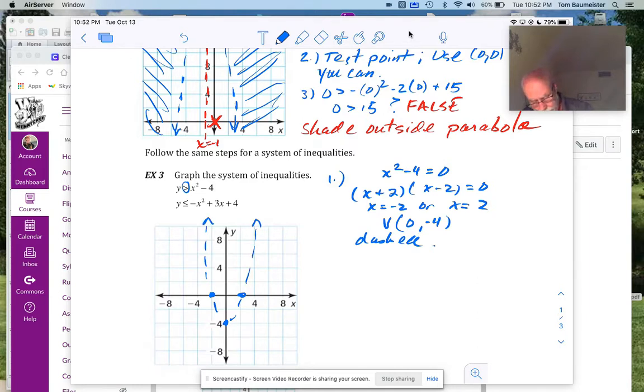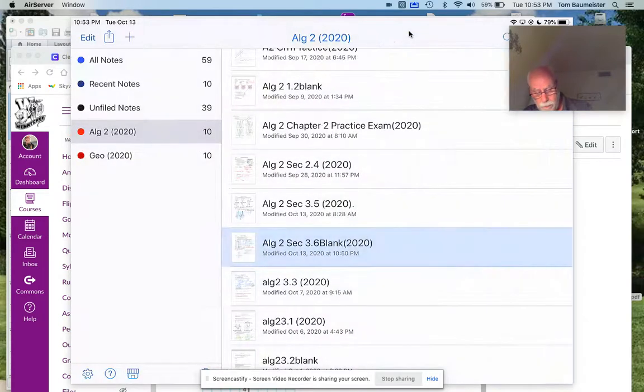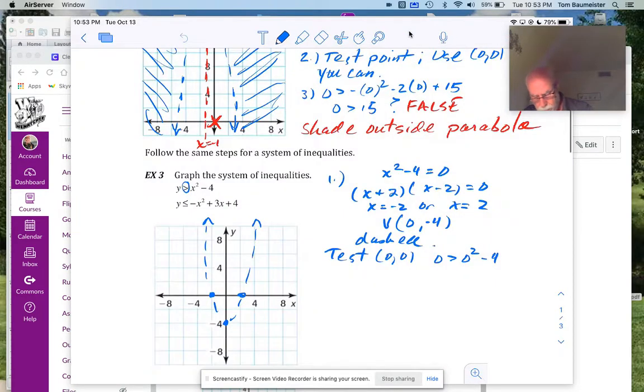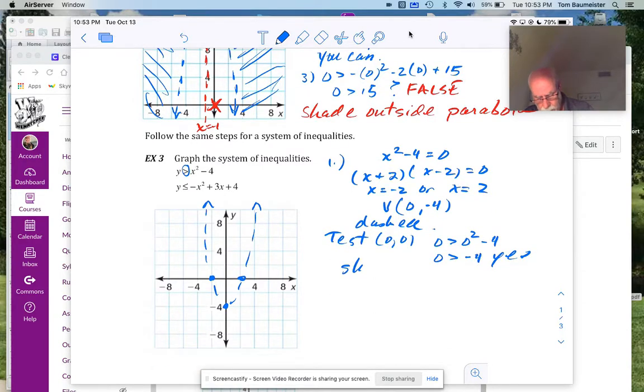And again, we're going to test 0, 0. So when we plug that in, we're going to have 0 is greater than 0 squared minus 4. So is 0 greater than negative 4? You're going to tell me yes. So we're going to shade inside,